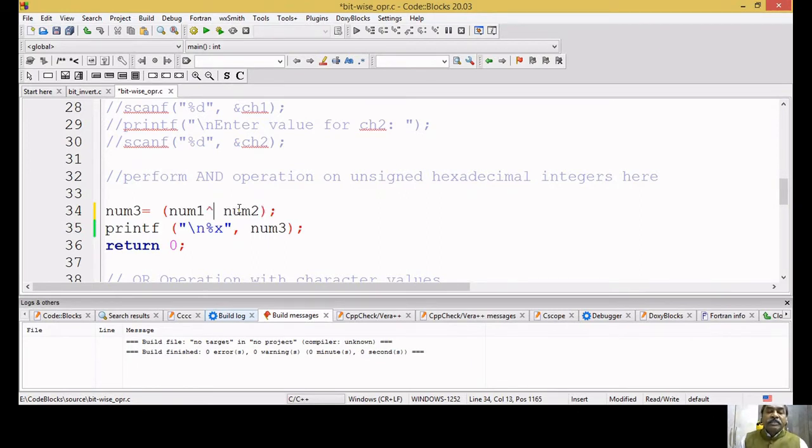This cap symbol is available on the keyboard at numerical value 6, above, between the T and Y alphabets. Now I am starting with hexadecimal again. Remember, the XOR operation gives output only if one of the inputs is 1 and the other is 0. Again, I'll give the same 25 and 36 only.